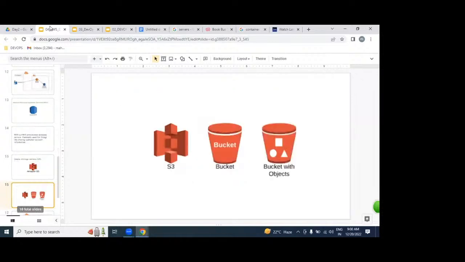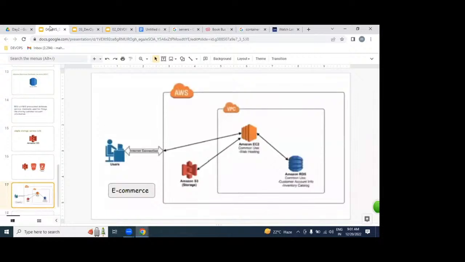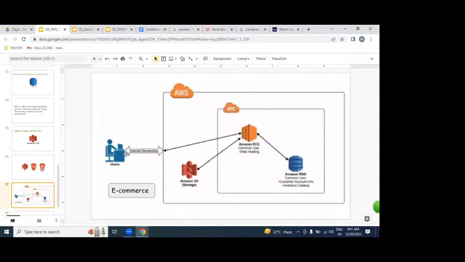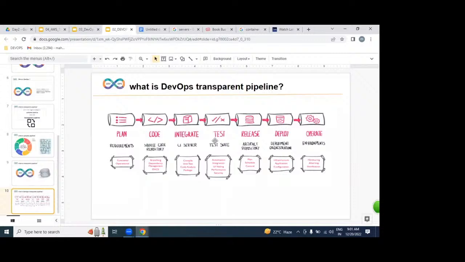With the help of all these services, we can get infrastructure, whether network, storage, or database. On top of this infrastructure, we are going to implement our DevOps process. I'll repeat this point: by using AWS, we can get this infrastructure. On top of it, we implement an automated, transparent pipeline using DevOps.